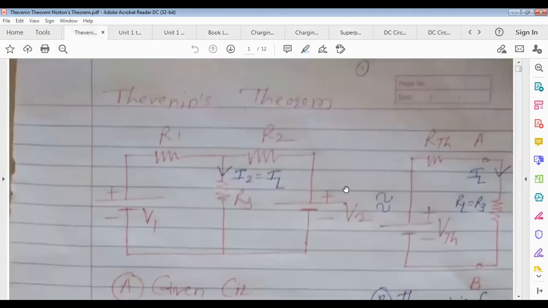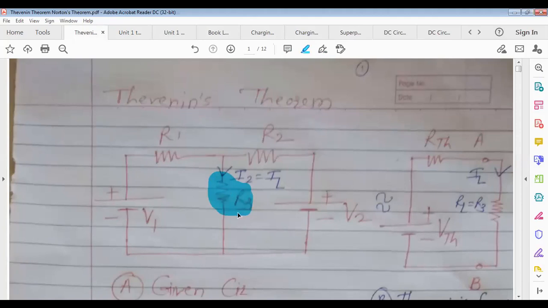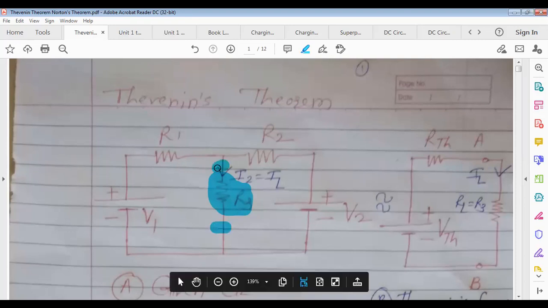So for Thevenin's theorem, again the same thing. If the circuit is simple like this, see this one is a simple circuit, and R1, R2, R3 are given here. You consider V1, V2 given, and consider R3, suppose 2 ohm, as the load resistance, and find out the current flowing through it using Thevenin's theorem. Again, I am telling you, just pick the correct answer where the current flowing through the load resistance is asked. Then you can use any method. But if in the options it is given that, considering R3 as the load resistance and applying Thevenin's theorem, find the open circuit voltage VTH and the current flowing through R3,